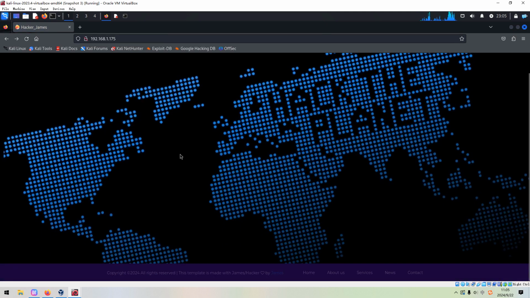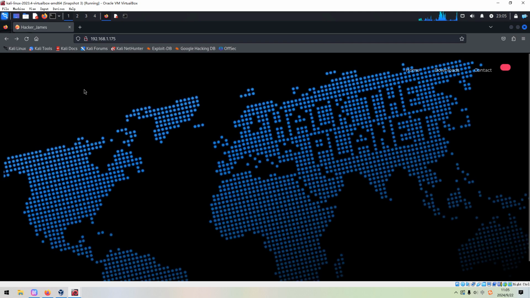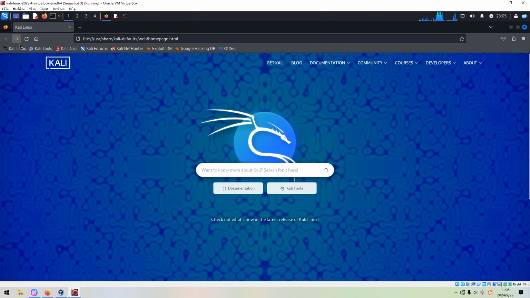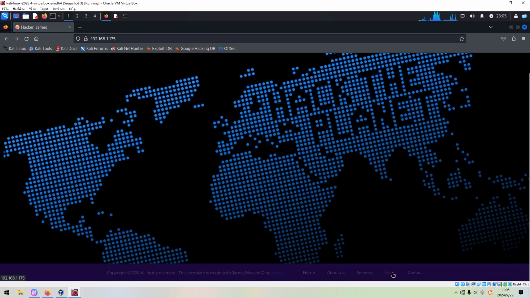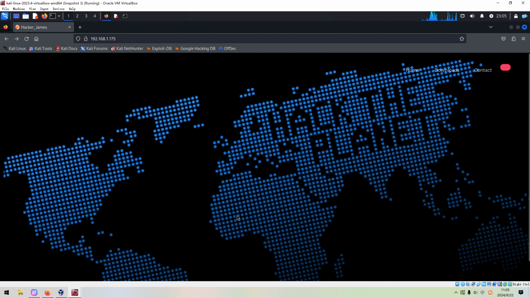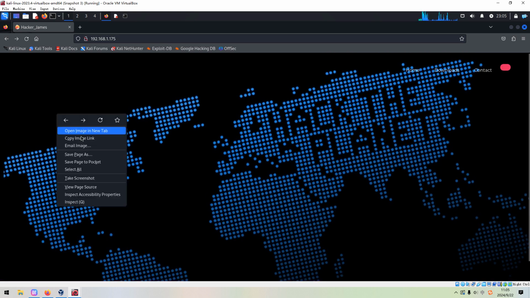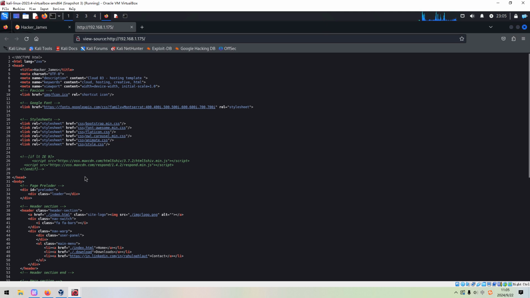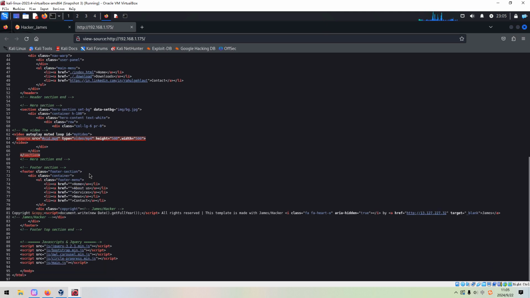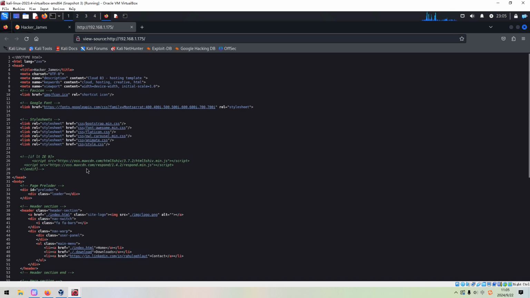Of course, we need to be focusing on the target or local machine. At the bottom there are also some links, like news, but such links are not active or effective at all. As usual, we can check its source code by right-clicking the mouse, and you can get the source code, but there's nothing exciting in its source code.